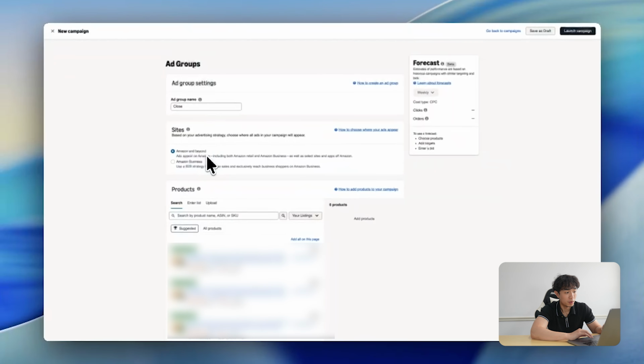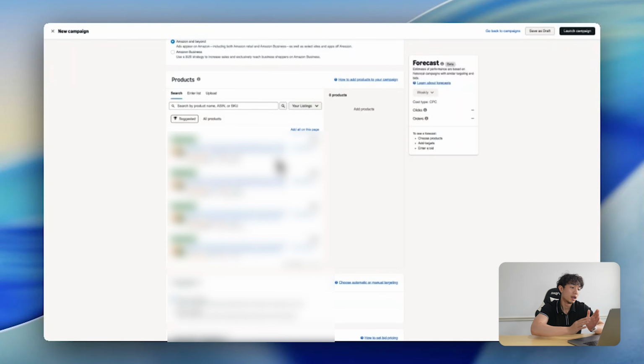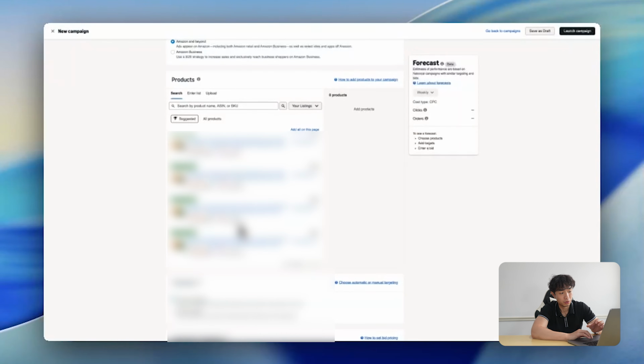Amazon and Beyond, I always keep on Amazon and Beyond. And after you select your SKU, you wanna make sure that you select the right SKU, right? They're gonna have the same ASIN if you have a FBM and FBA SKU. So you have to make sure that you're running the FBA or the FBM SKU,